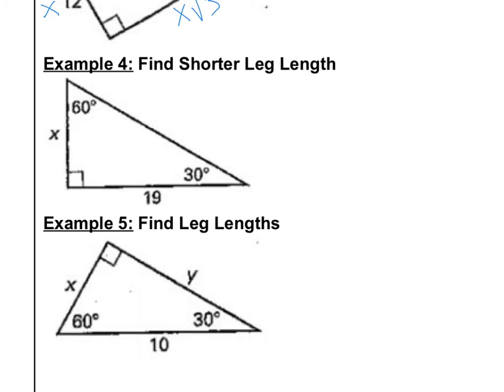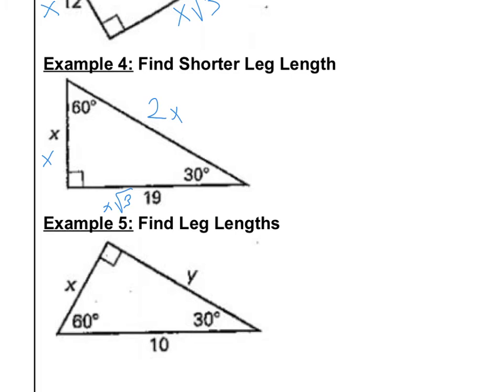All right. We want to find the shorter length here. So again, here's the smallest angle. So that means this is the shortest side. Okay. Now they give you the longer leg here, right? So again, let's just keep labeling. Okay, this was x. This one's x radical 3. This is 2 times x. So if he is 19,